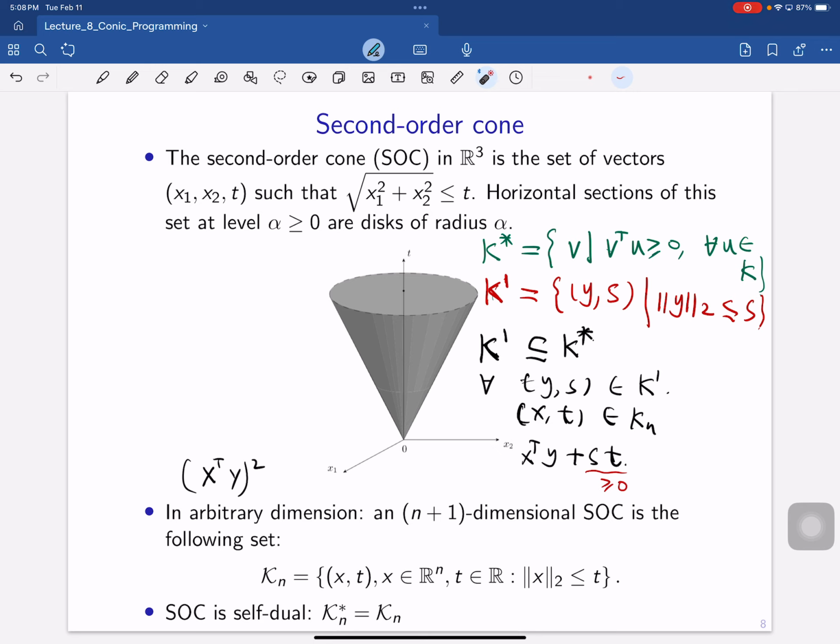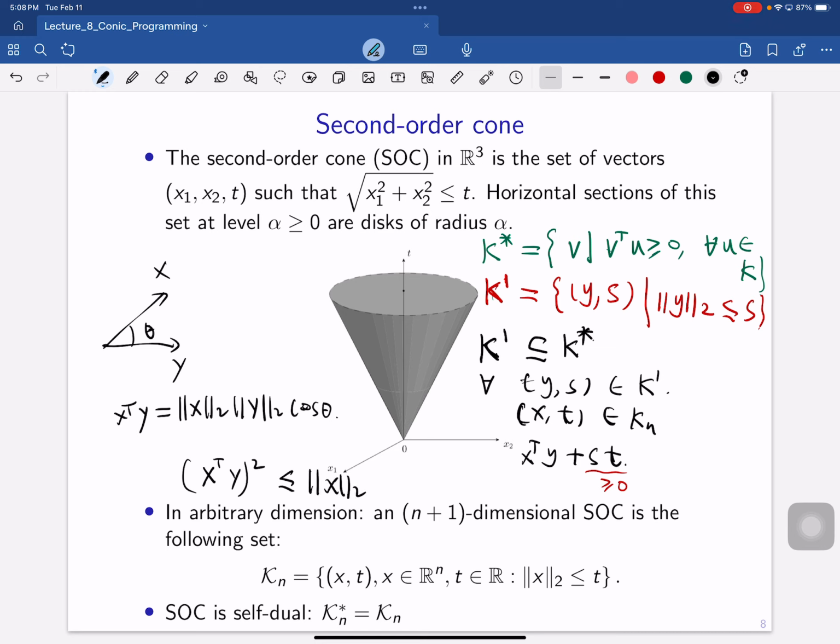No? Right, so remember what is the geometric interpretation of x transpose y? Right, this inner product of 2 vectors. Yeah, it's the projection of one vector onto another. Essentially, it's the norm of x times the norm of y times cosine theta. So if you consider 2 vectors x and y, x transpose y is essentially the norm of x, the norm of y, times the angle between them, right? So therefore, (x transpose y) squared must be less than or equal to the norm of x squared times